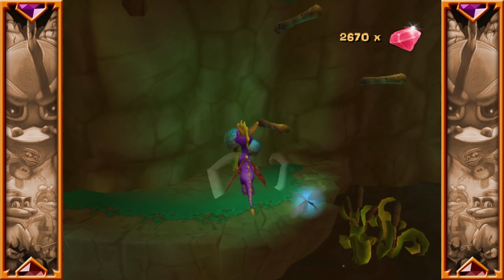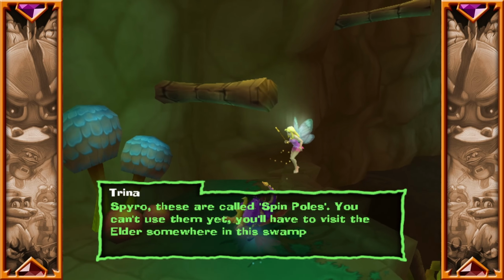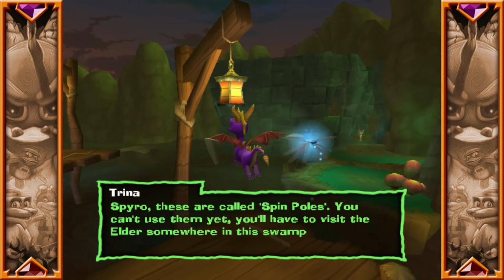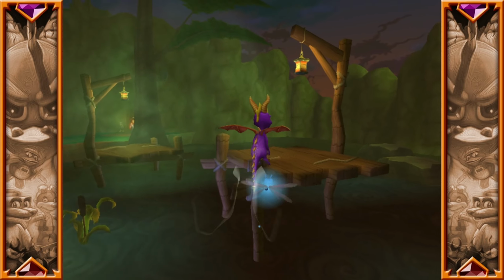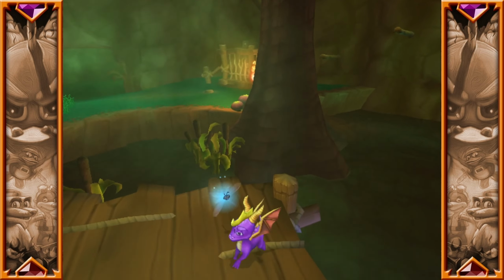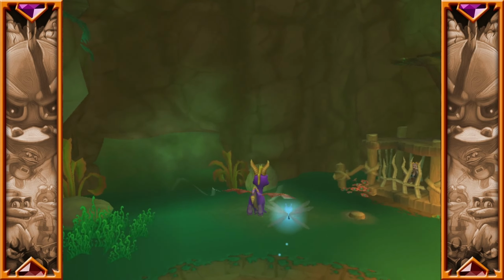And that is right here. So you need to call the spin pole. You can use these once you have visited the Elder somewhere in this swamp. You'll get all the power-ups naturally in the story because it's the only way you can progress. So just keep that in mind. But here is